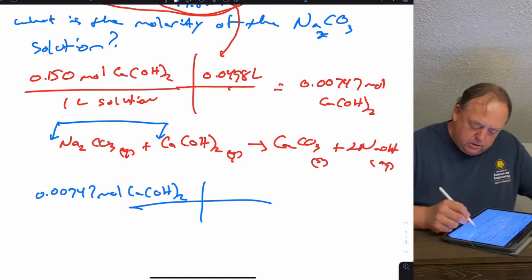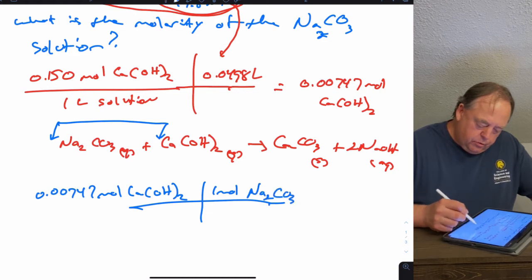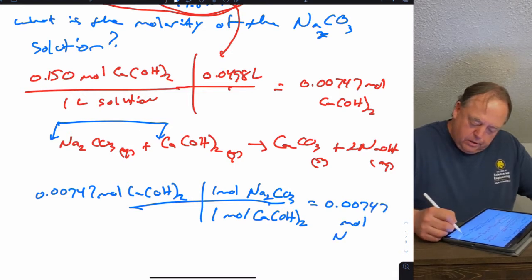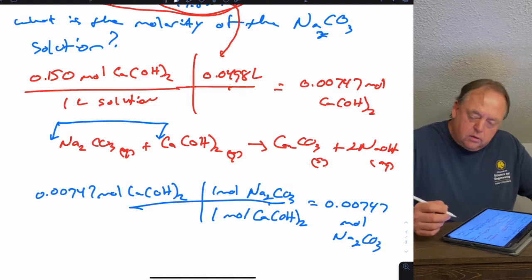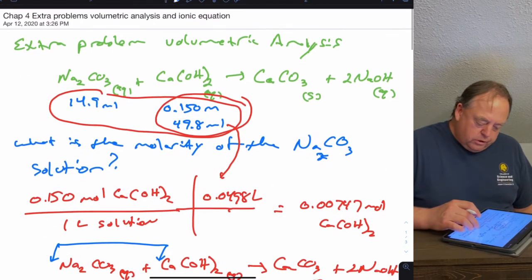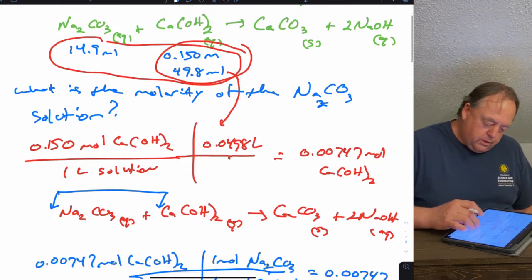But we can still set up the dimensional analysis so that you can see how the math works. So 1 mole of Na2CO3 would react with 1 mole of calcium hydroxide. So you're going to need 0.00747 mole of sodium carbonate. And so the question asks, what is the molarity? Well, you have